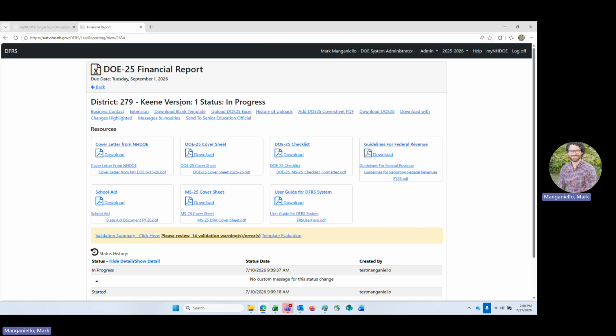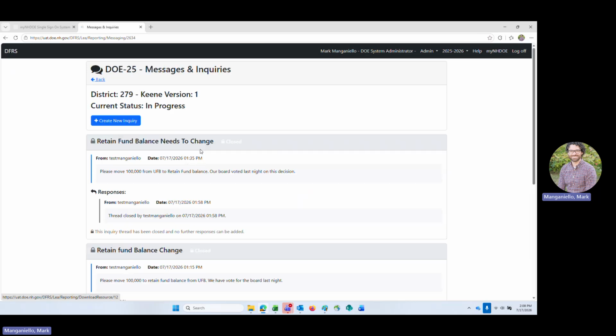Basically you got the DOE25 approved, like we all want, and we want you to get that done as quickly and as accurately as possible. But your school board voted to finalize what the retained fund balance is going to be. So this would be a good thing to message us. It looks like I already did it here, and I was testing this out earlier. But